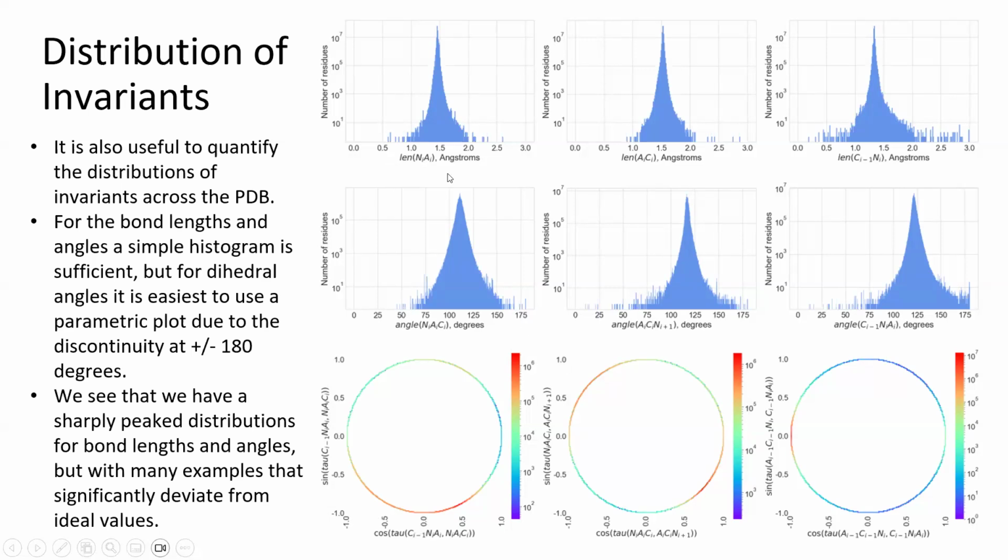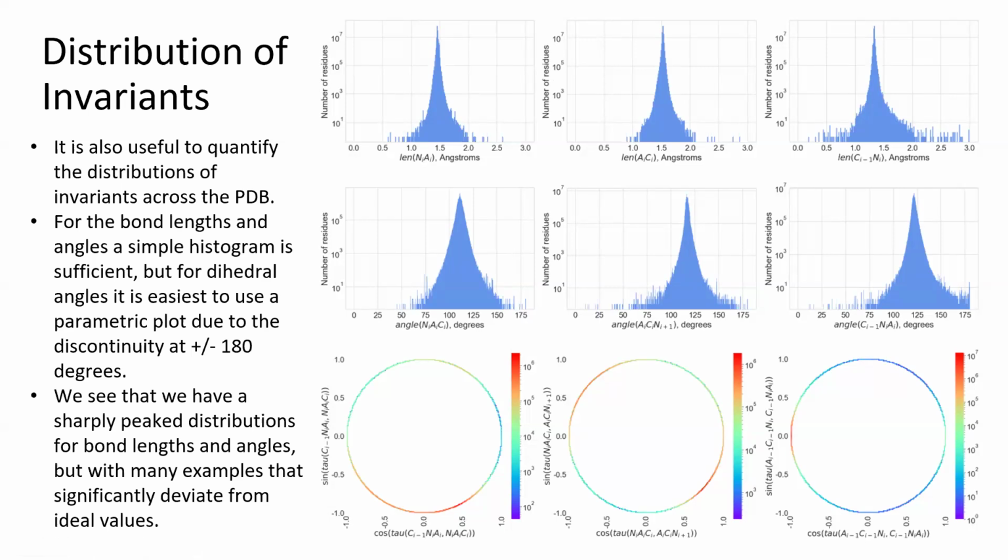So we can see quite sharply peaked histograms. It's also worth noting, sorry, that they're plotted on a log scale. So these peaks probably look broader than they are in reality, but we can see that there's plenty of examples of lengths and angles as well that deviate quite a lot from the mean,